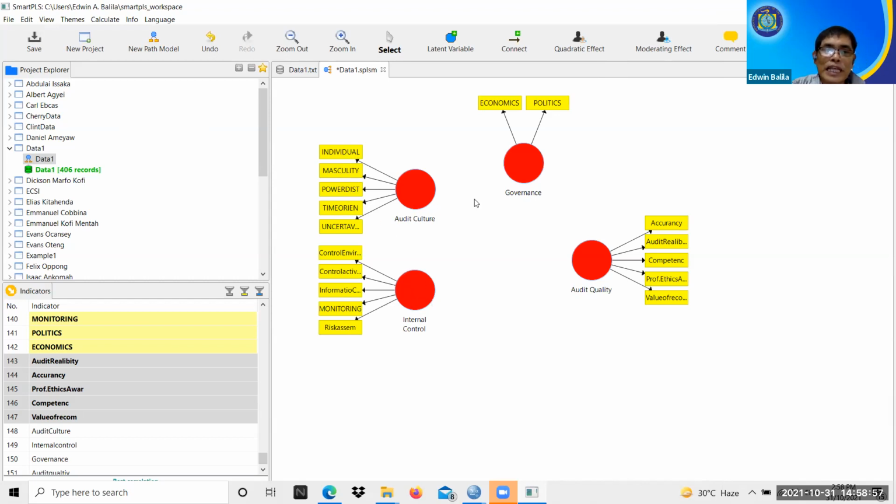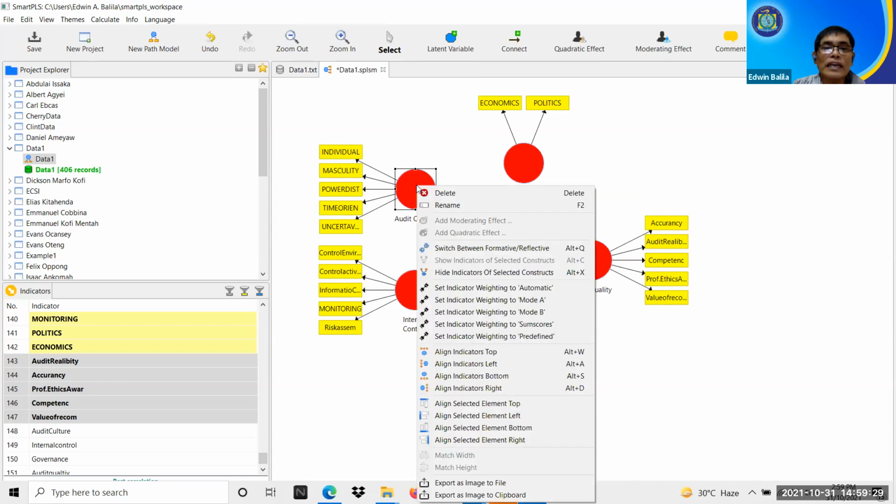So all of this, the default actually is reflective. But it depends on the concept. If you think the concept needs formative types of indicators, then you have to do it in such a way that the arrow is coming from the indicators going to the latent variable. So how do you do that? I can just right click this, and then